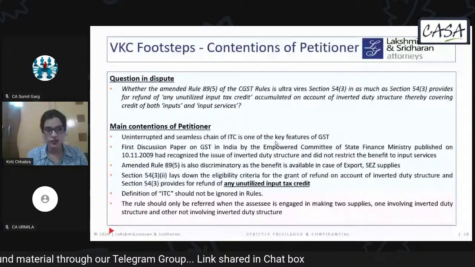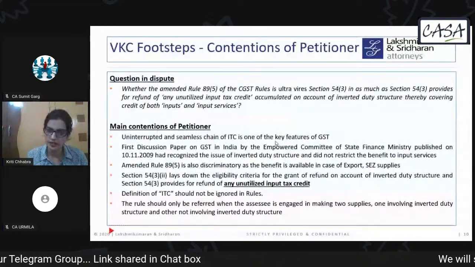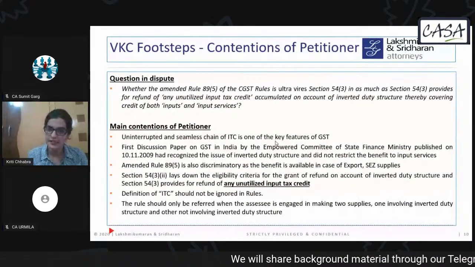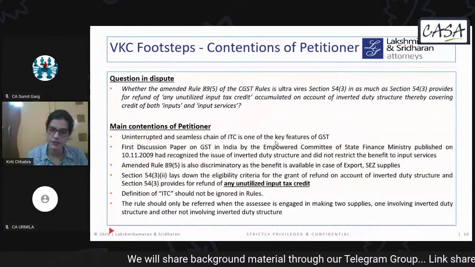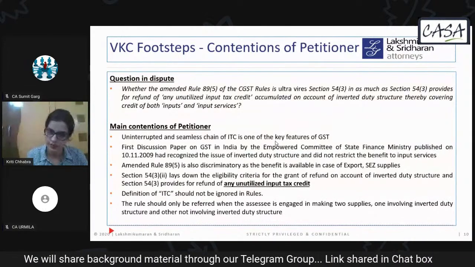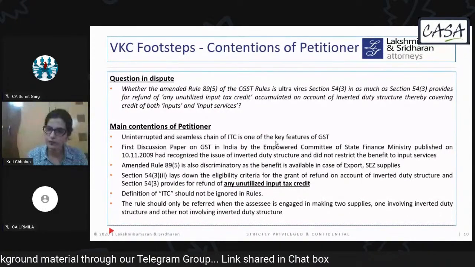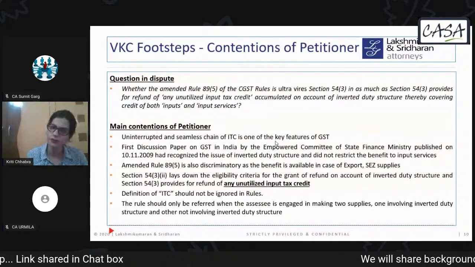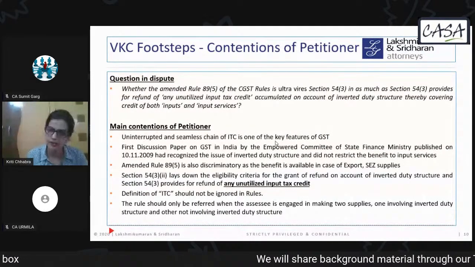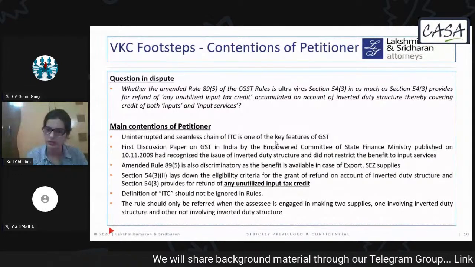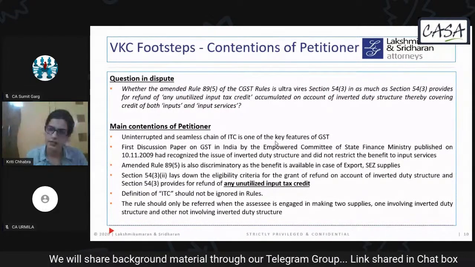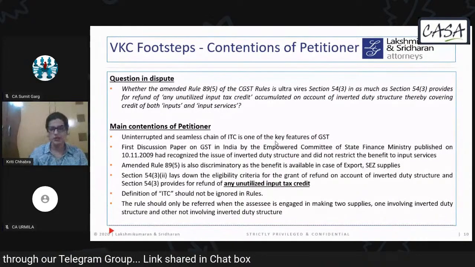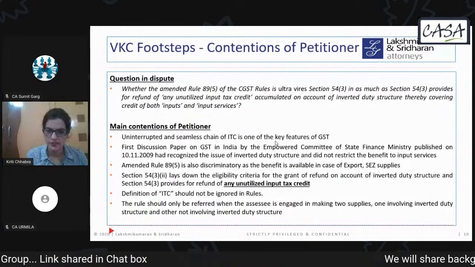So here the question arises, what was the question exactly and what were the contentions of the petitioner? The only question before the Gujarat High Court was whether the amended Rule 89(5), which basically restricts the benefit of refund only to the extent of inputs, is ultra vires Section 54(3), inasmuch as Section 54(3) provides for refund of any unutilized ITC accumulated on account of inverted duty structure, thereby covering credit of both inputs and input services. So this was the basic question before the High Court, to which the petitioner's contention was, since